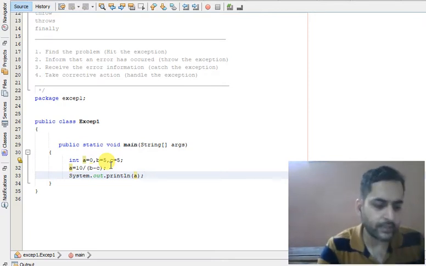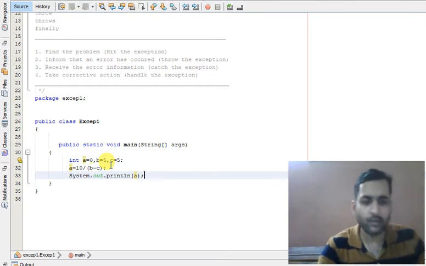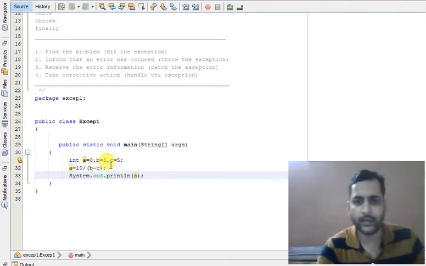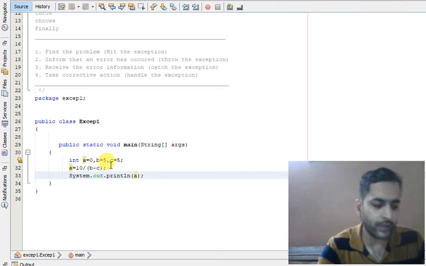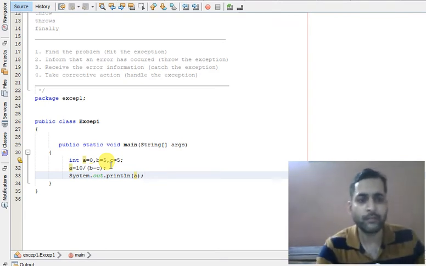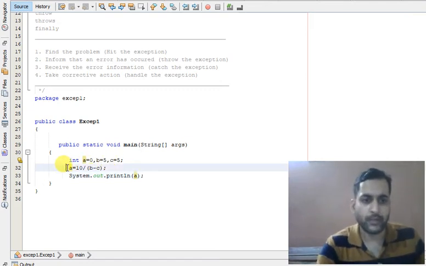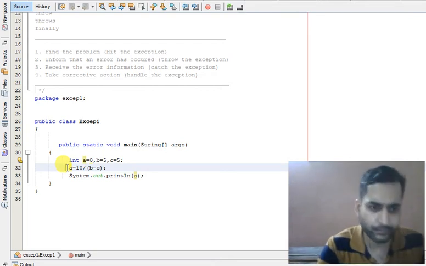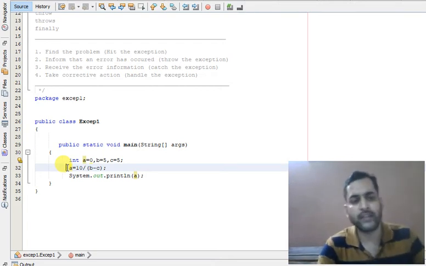Unchecked exceptions are optional to handle. It is up to the user whether they want to handle it or not. If we do not handle it, the program will surely crash, but Java does not force you to handle unchecked exceptions.